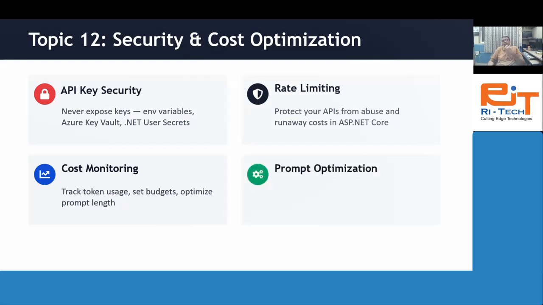Prompt optimization: use smaller models for simple tasks. I'll say this saves 60 to 80% of API cost.